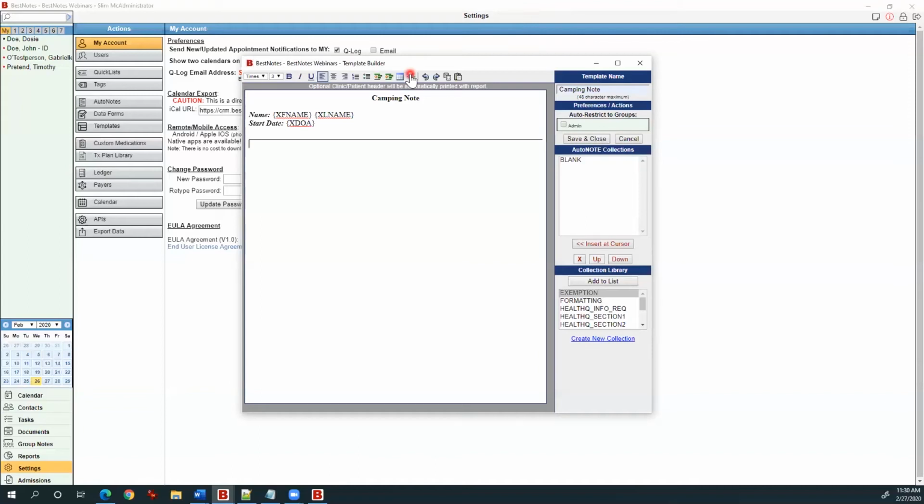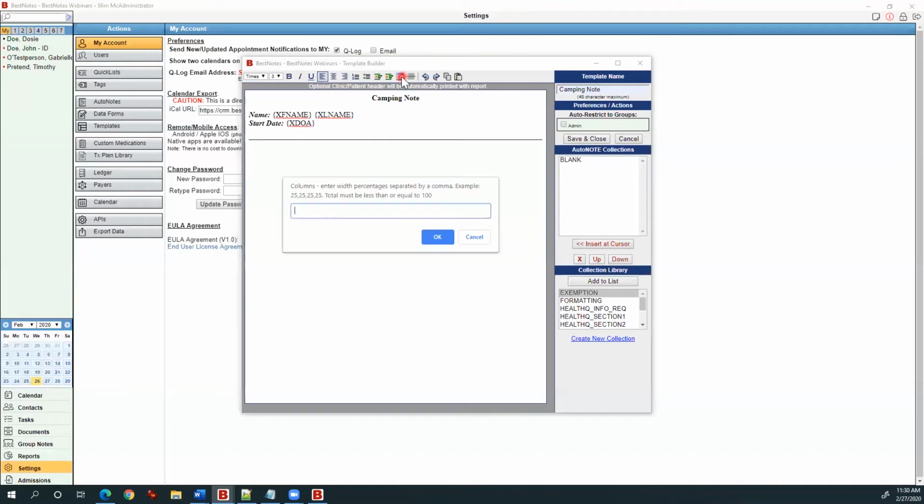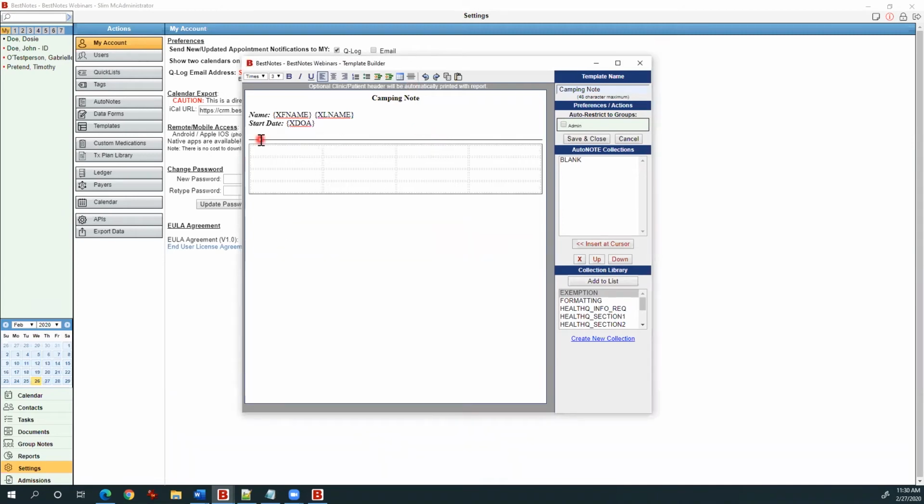We also have the ability to add a formatting line just by a single click, and adding tables. Now, adding tables is fairly simple, but it does require a little bit of math. Basically, the table's numbers, the column widths, need to add up to 100. So in this case, it's showing an example of 25, 25, 25, and 25. That will give us 4 equal lines. But in this case, I don't want just a table to fill in information. I want it to function kind of like a